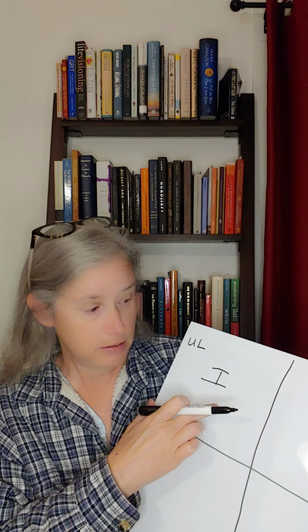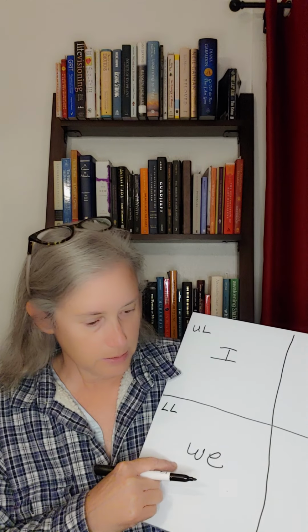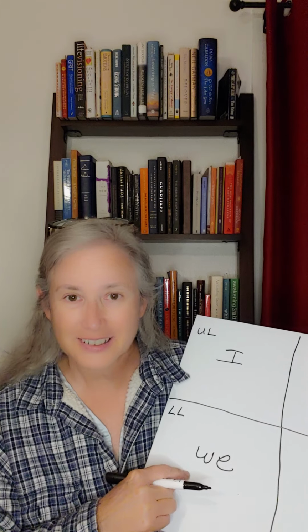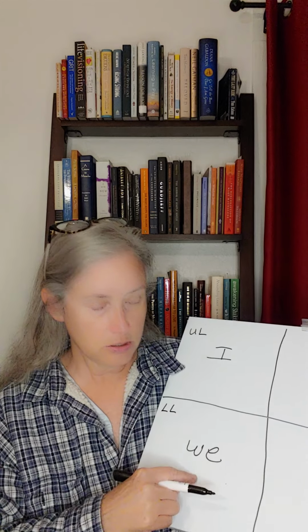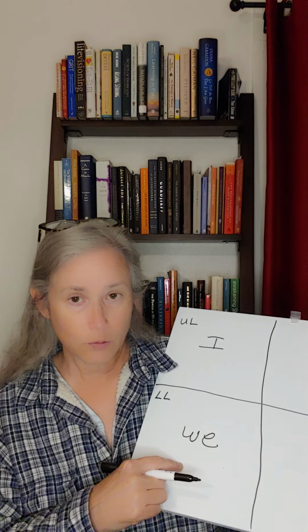Individual person things always go in the upper left quadrant. The lower left quadrant is group things. We. Whether it's a scout troop, whether it's a high school class, whether it's my group of patrons, whether it's everybody who lives in a city, town, state, country, world, we, right? Those conversations we all know as a common reference point occur about the lower left quadrant.